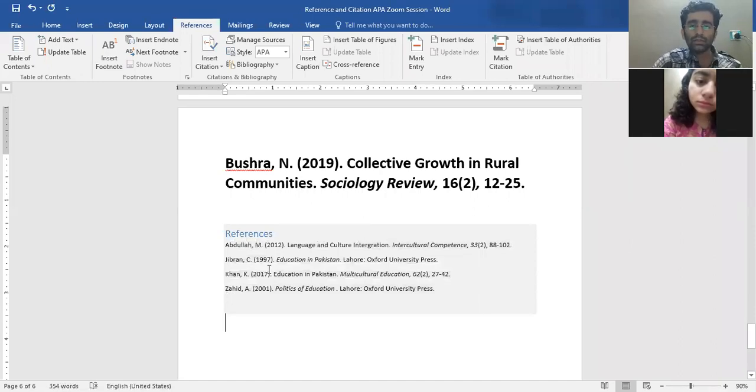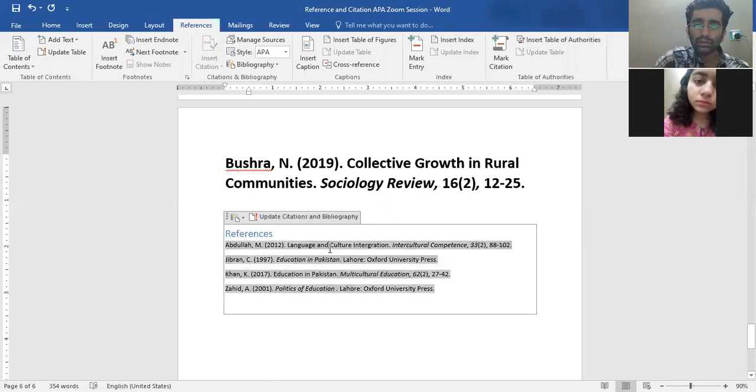So this is how we use the option of Microsoft Office reference option to prepare a reference and citation. So you keep on adding sources and then provide their citations and then eventually prepare a reference list. You can update this citation list as well if you click on update. So it will, because right now we didn't make any change. So if you have made any change, just press on update. It will automatically add new sources that you have added in the list.